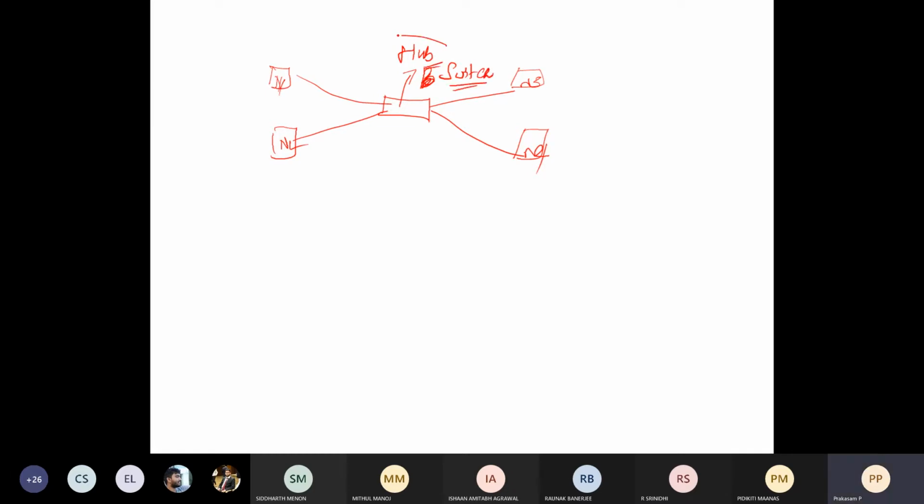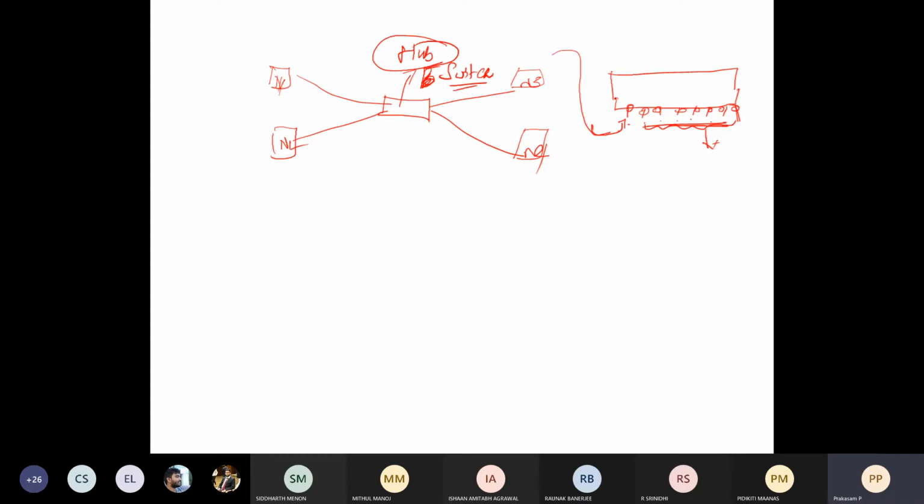Here, this hub is a very simple network device. You may see it in a small office. It looks like a small box. If it is an 8-port hub, you have 8 ports: 1, 2, 3, 4, 5, 6, 7, 8. Here you can give one port as the input, and the remaining 7 you can connect to systems. The input is nothing but from the external server. Then you can interconnect the 7 systems with the server. This is the normal hub.